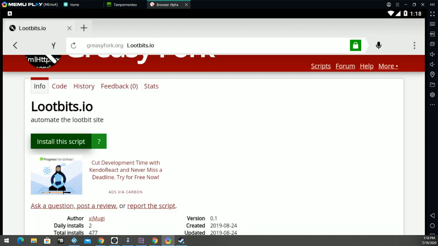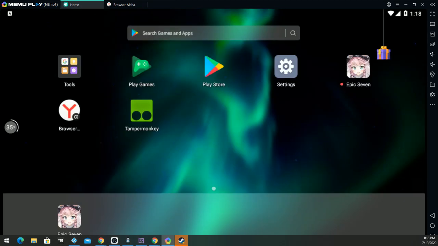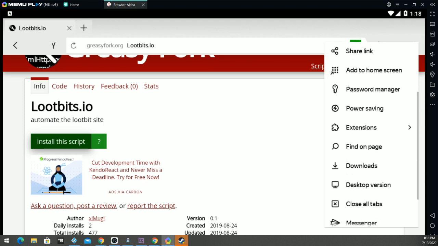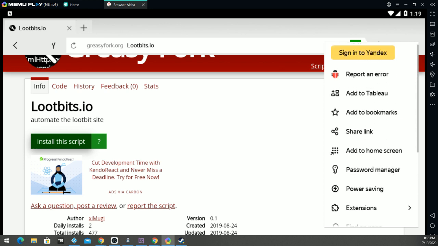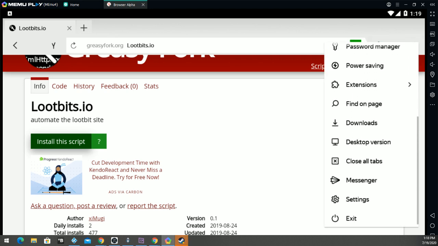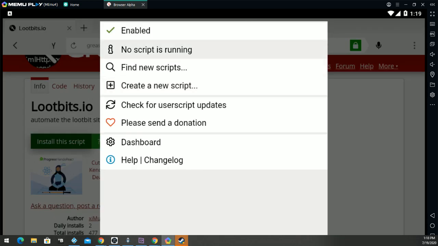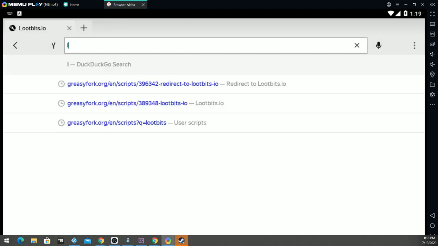Now the only last thing that we need to do to get this completely automated and working is to go into browser alpha here with the Tampermonkey installed. Anyways, if you need to get to your extensions here, just go to the little 3 dots in the corner, click on the little puzzle piece extensions, and then you've got your Tampermonkey settings here. But again, you don't need to touch this. Okay, so anyways, let's go to